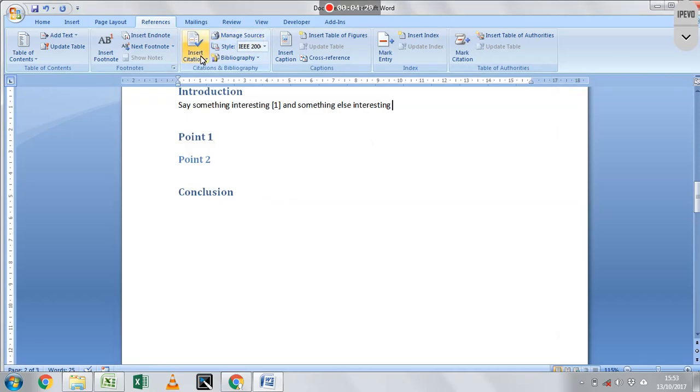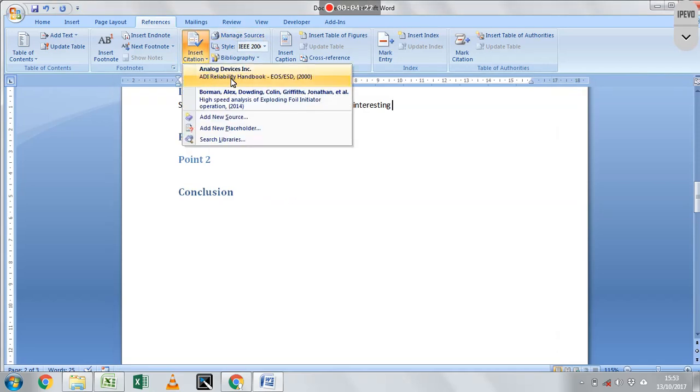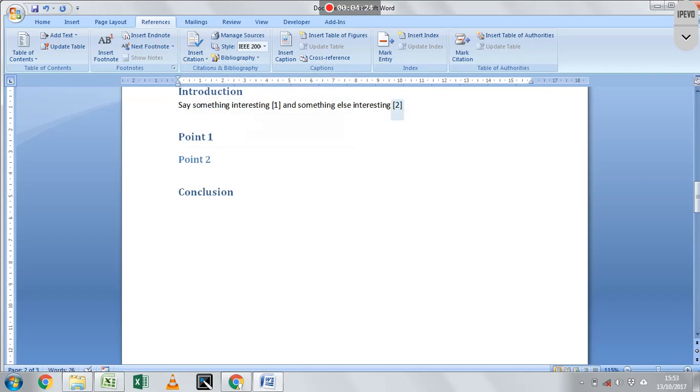If it was said by someone else, that changes to a 2. If I change my points around, because I actually think that flows better, when I go in here and I click Update Citations, it corrects so everything comes in numerical order again. When I get to the end of my document,